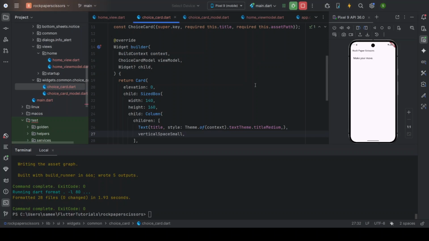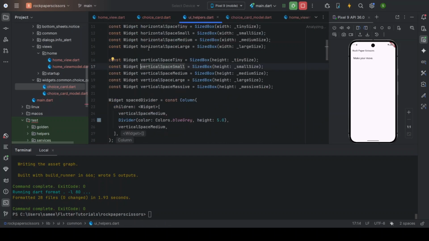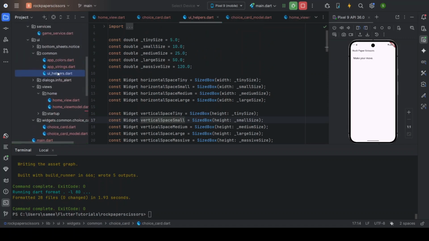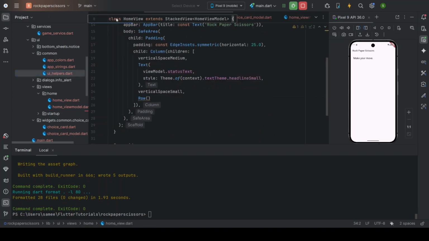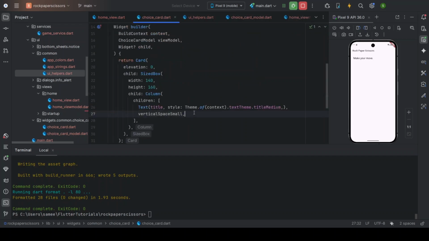So guys, I can also use size box with some height, but since we are using the stacked framework, and when you create an app with stacked create app command, you see this code is already there. These UI helpers, strings, colors are already there, so it is always wise to use these in your code. So okay, back to here. Sorry, I want to go to the choice card. Okay, vertical space small,